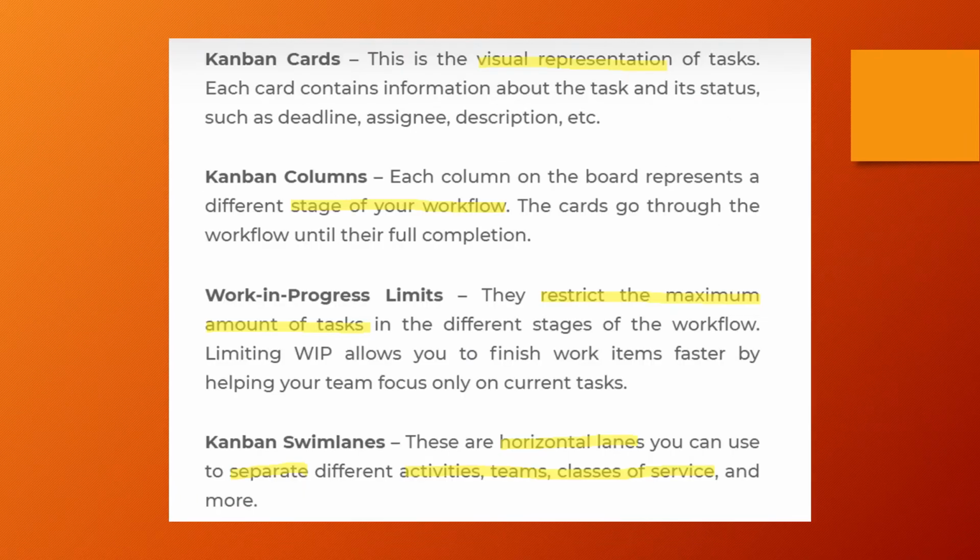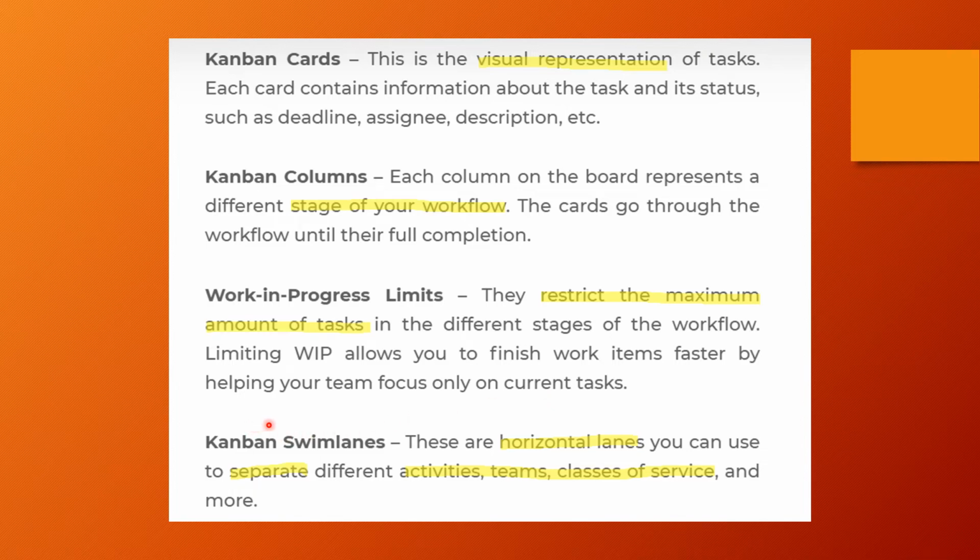All right. So a Kanban card is a visual representation. Kanban columns talk about different stages of a workflow. The cards go through the workflow until their full completion. WIP limits restrict the maximum number of tasks, right? Limiting WIP allows you to finish work items faster by helping your team focus only on the current task. That's the idea of a WIP limit,